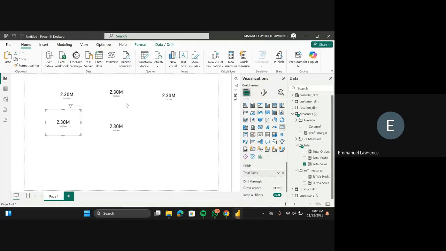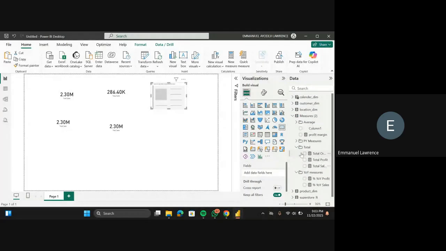So now this one is going to be for total profit. I can just change my total sales here into total profit, right? Then the next one is going to be my profit margin. I can just uncheck total sales and move to my profit margin. I think I created profit margin here. Yeah, this profit margin. Can you all see 0.12? We're going to format profit margin as a percentage. I'll show you how to do that, because we want to see it as a percentage, not in the form of a decimal number like this.